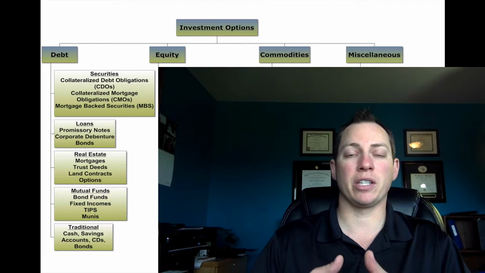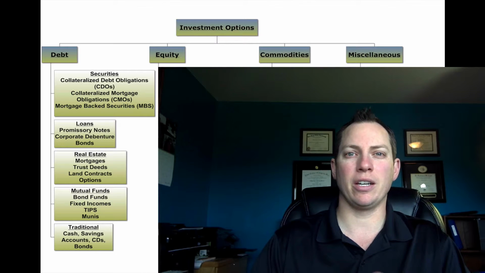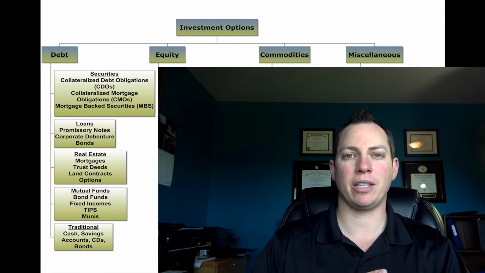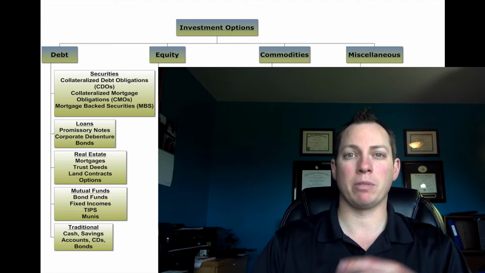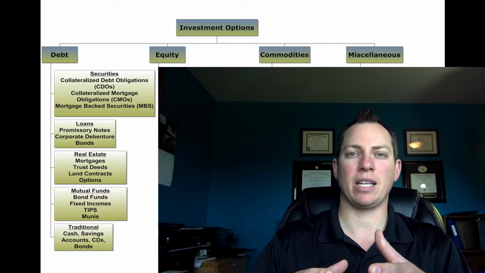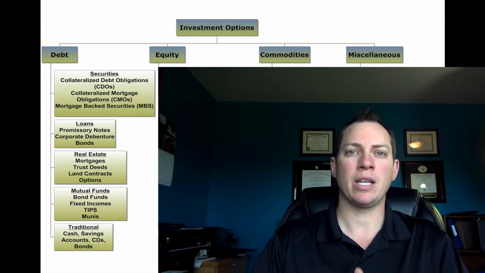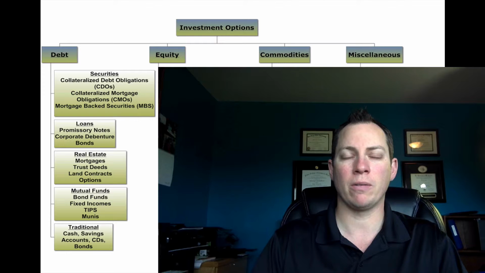And you can see at the very top there is securities. So we already know those really bad things, right? The CDOs, the collateralized debt obligations, the CMOs, and the mortgage-backed securities. Those have a really, really bad connotation, a bad name around them, especially after the housing bubble crisis and the financial crisis, where people lost literally trillions of dollars. But believe it or not, the Federal Reserve is purchasing mortgage-backed securities in record numbers right now,